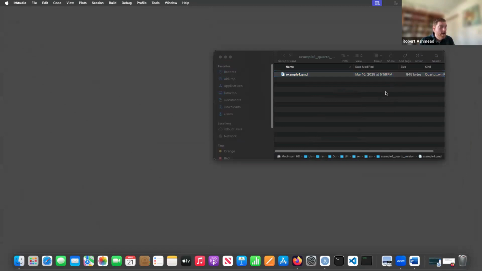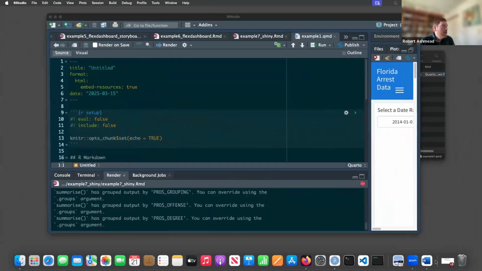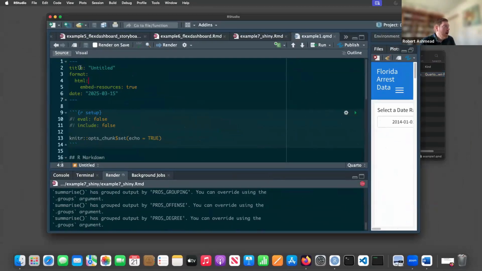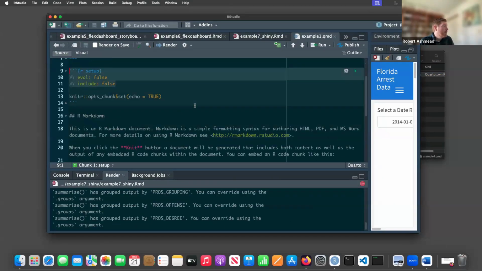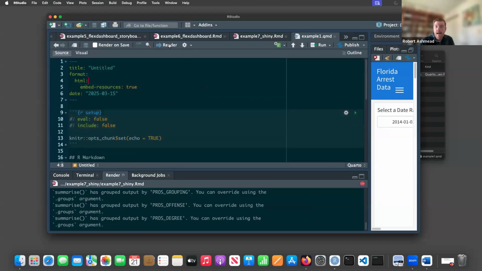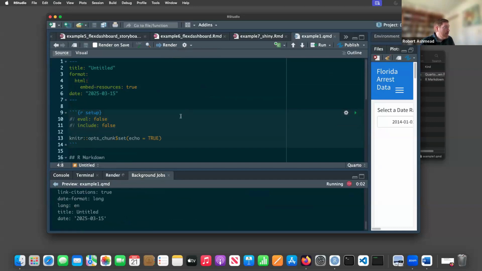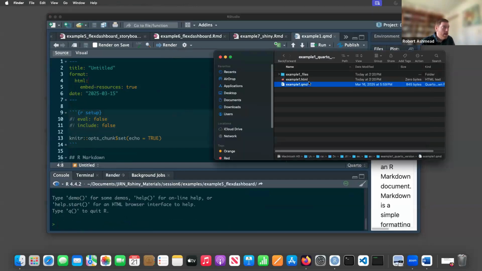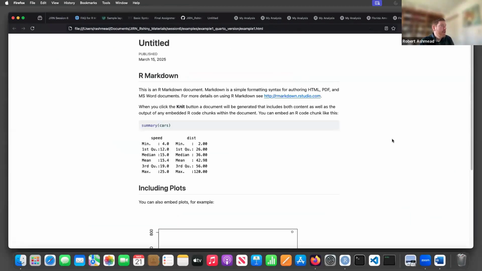I can also open it in our studio. Like we said before, HTML, everything else the same, except we've updated those options in the chunks as well. I have a newer version of R Markdown, so I can render it here and take a look. And it actually looks slightly different, I believe, than the HTML, but for the most part,